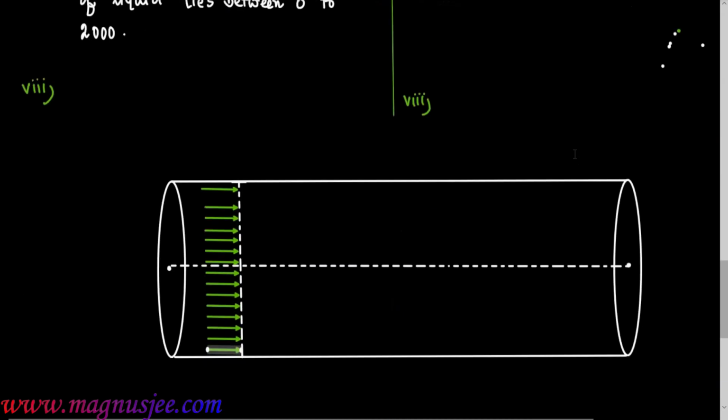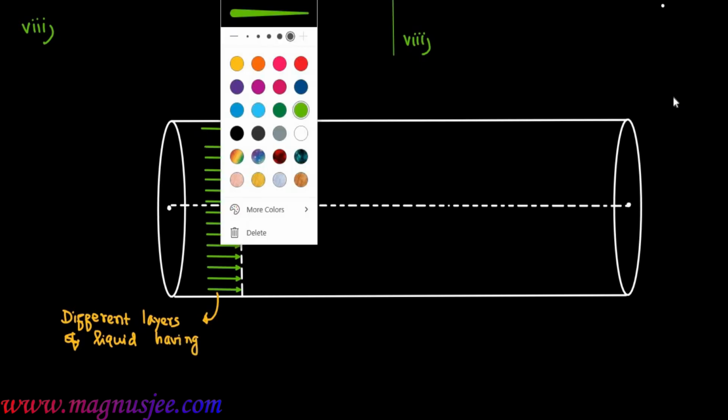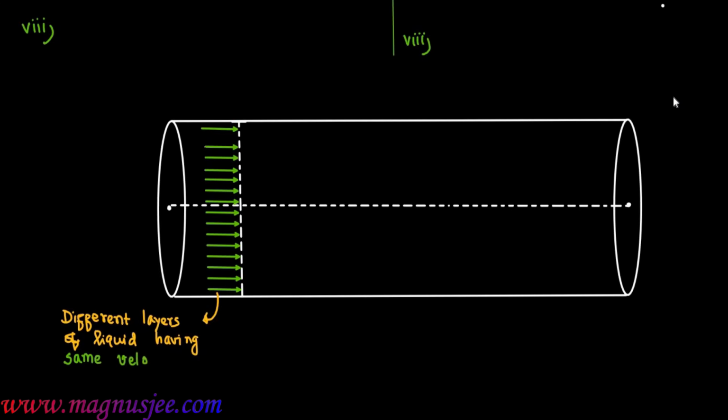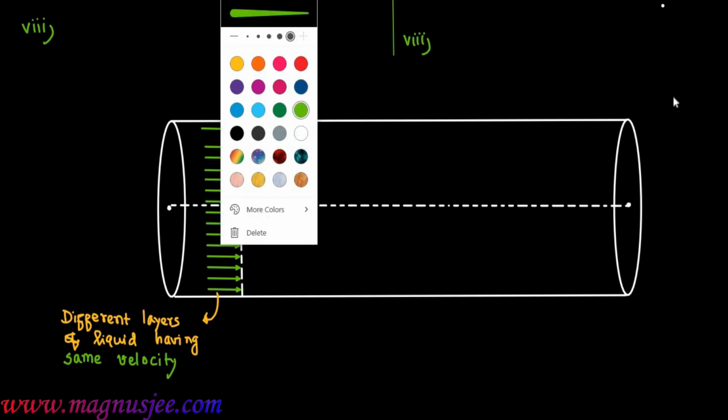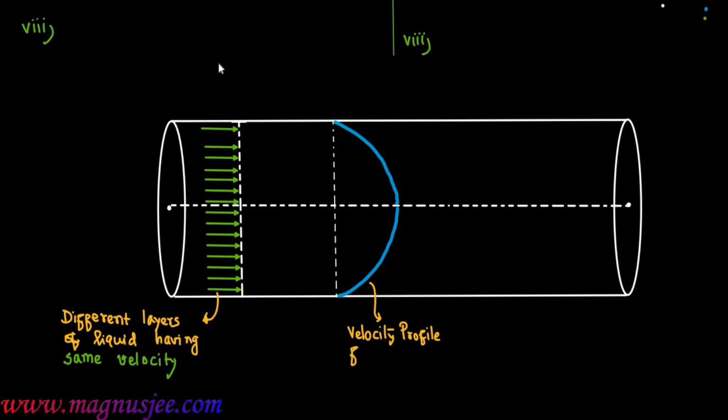These are the different layers of liquid having the same velocity in the same direction, and we get a straight line velocity profile. This vertical imaginary line is the velocity profile. After some time, the velocity of the layer along the axis will be maximum, and we can denote the velocity profile for streamline flow. This imaginary curved line is the velocity profile for laminar or streamline flow,